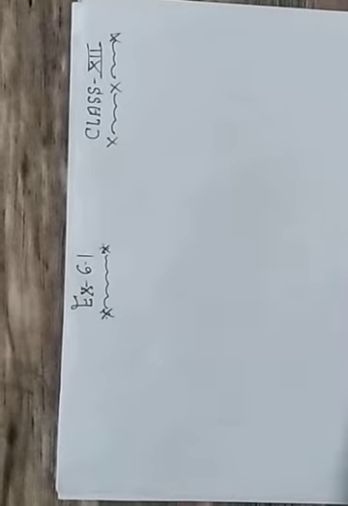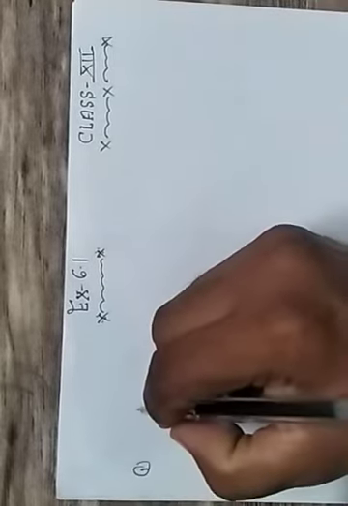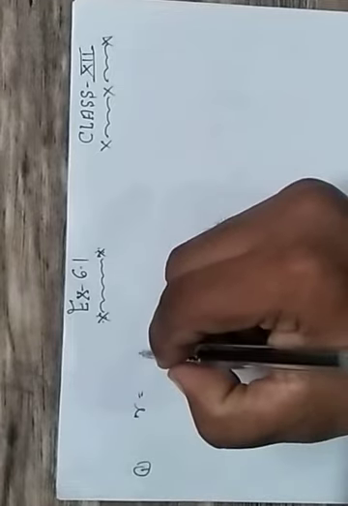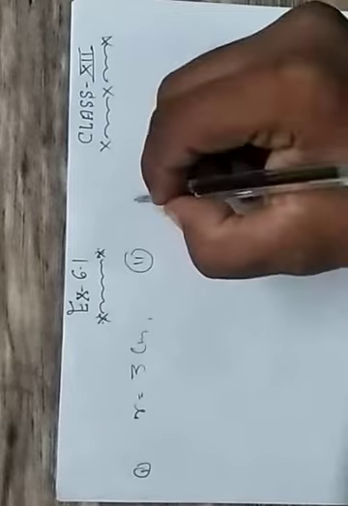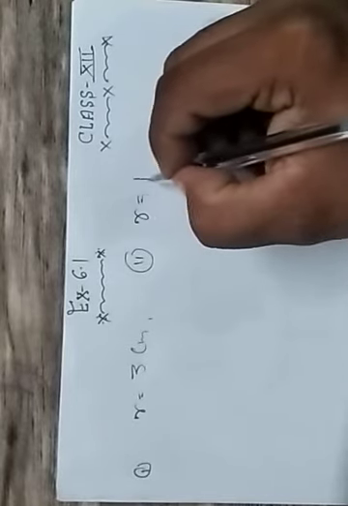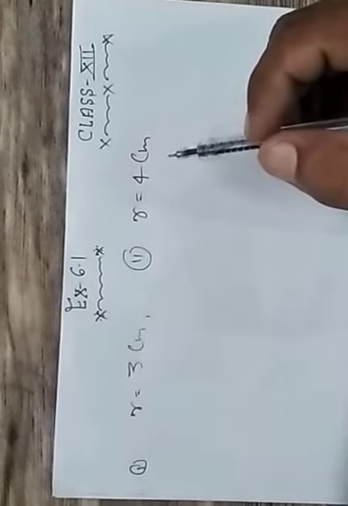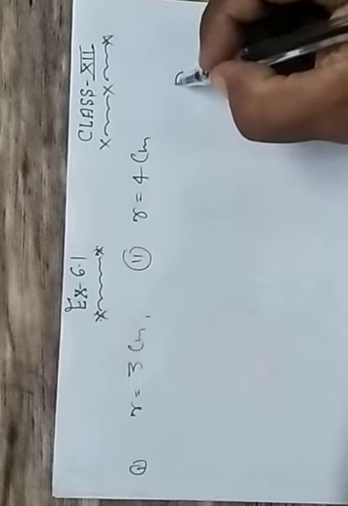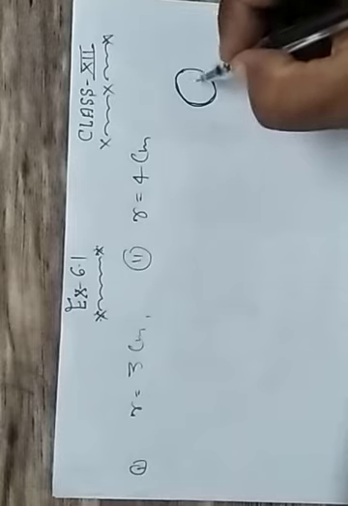First question is, find the rate of change of area of a circle with respect to its radius when radius is equal to 3 centimeter and second time when radius is equal to 4 centimeter. So see how we can solve this question. The question is saying the rate of change of area of circle is increasing.